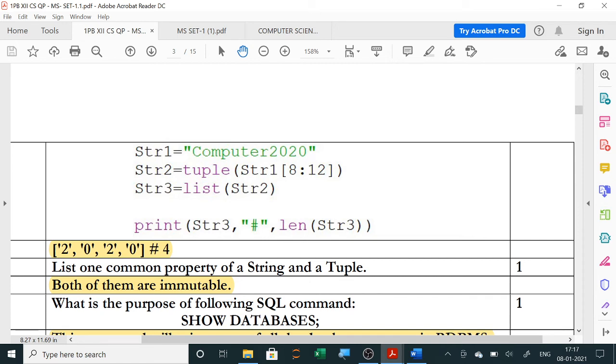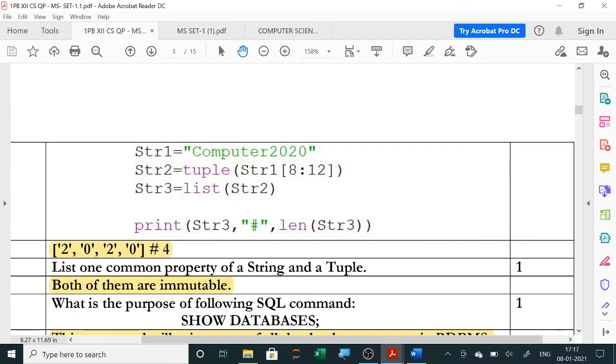So the 8th character is 2. It starts from 2, and the 12th character will be 8, 9, 10, 11. Before 12 it will stop. So it is 2020.